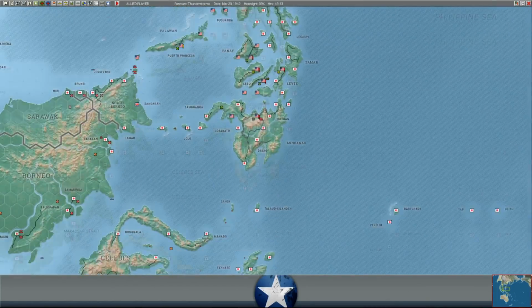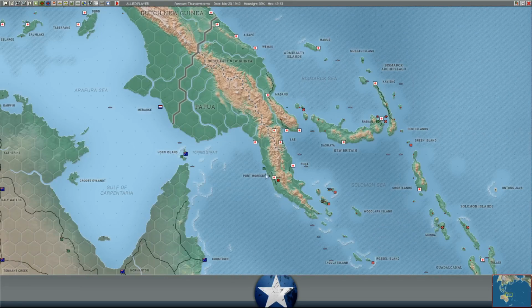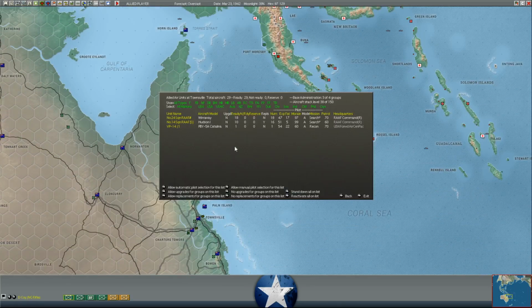No Dutch troops in New Guinea. New Guinea has largely fallen to the Japanese. Port Moresby fell a couple turns ago. We're trying to pull some of the troops that were driven out of Moresby into the jungle out via transport aircraft. So you can see...